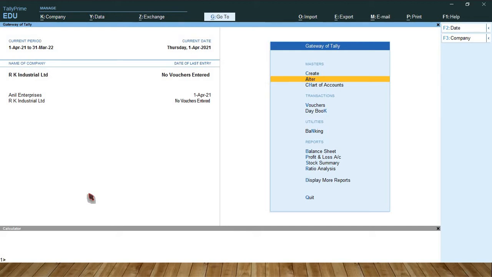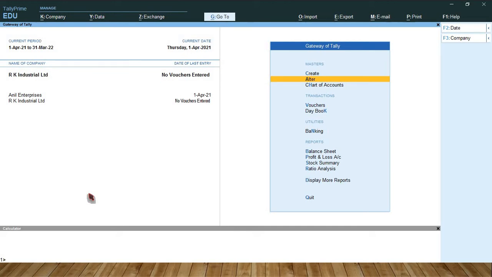When using the auto calculator, this is the point: at the time the cursor has come to the amount field. Suppose you are entering any transaction in purchase or sales. When the cursor has moved to the amount field, you press Alt C, it will activate. Then you can make the calculation. Okay friends?